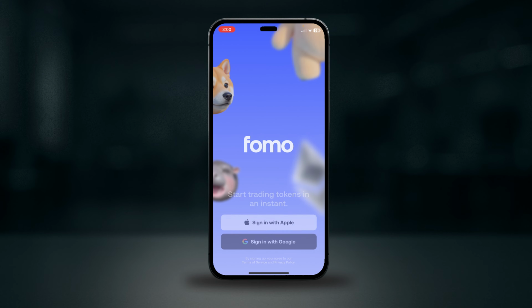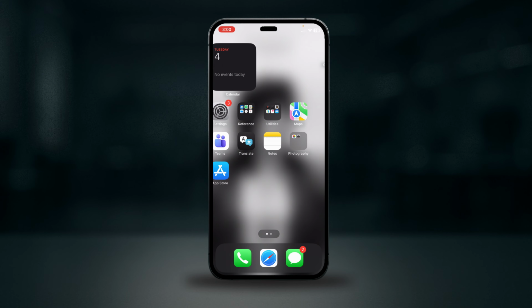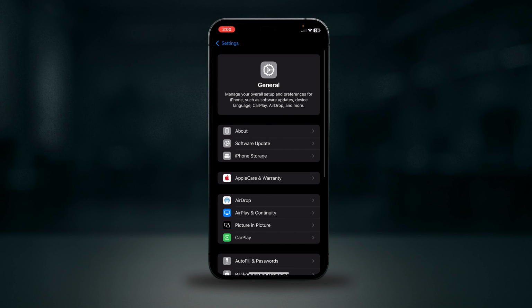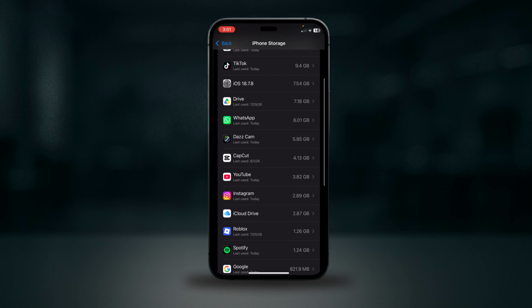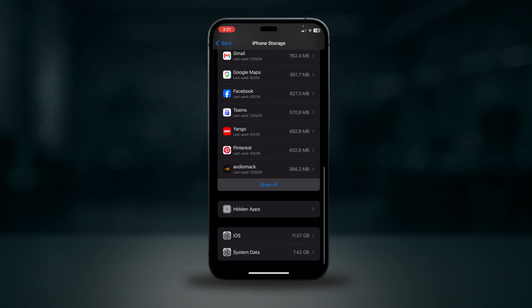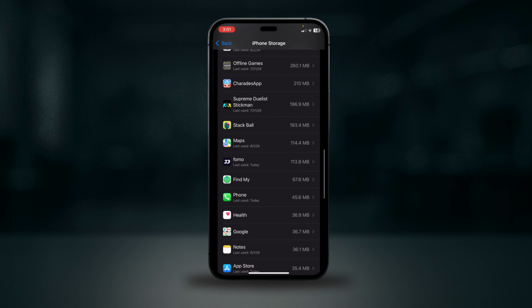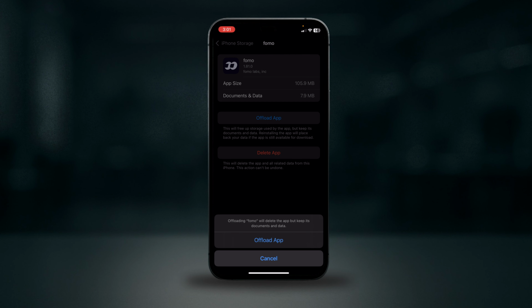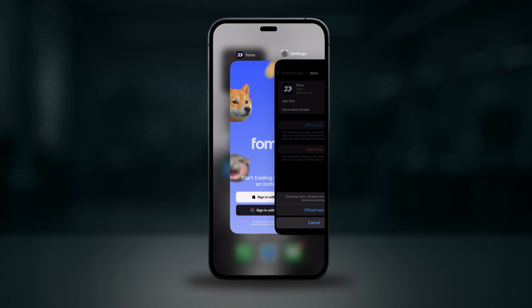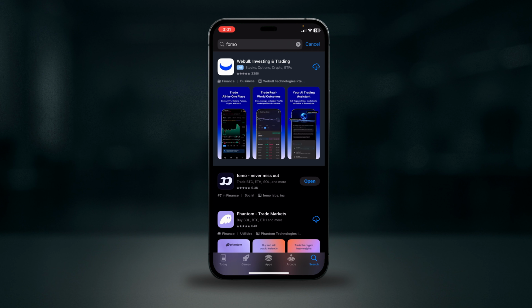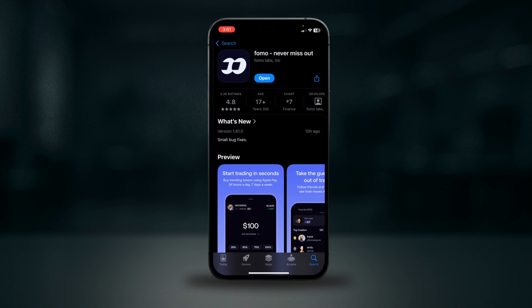If it's still stuck on loading, go to settings, go to general, go to iPhone storage, then scroll to the list of apps and find the Fomo app. Once you find it, tap on it and then tap offload app. After offloading it, go to the app store, search for Fomo, tap on it and reinstall it again to clear